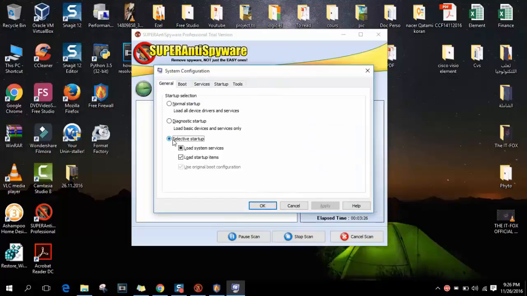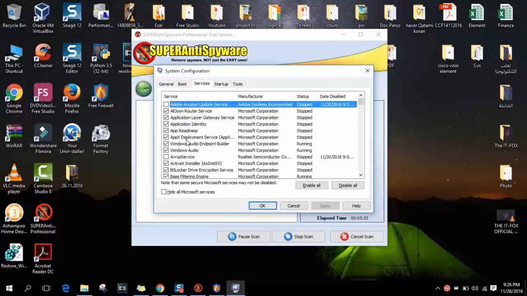And here you select from the normal startup, you select selective startup, and you go to services and you check the services which you don't need. Please make sure to not disable Windows services. Disable only third party ones, like you have a program which you are using to record your screen or photo maker or program for retouching your documents, then